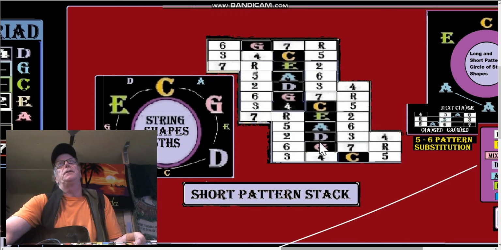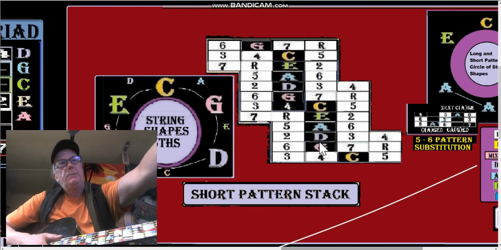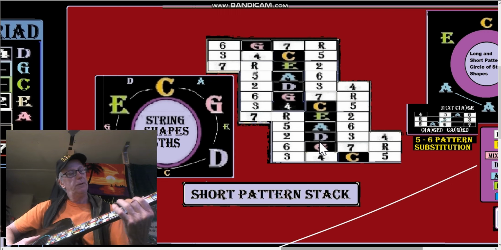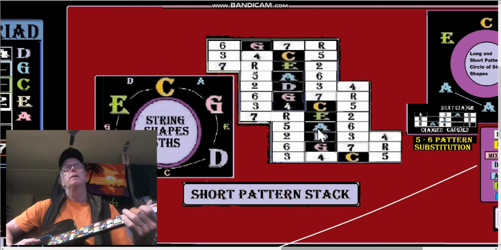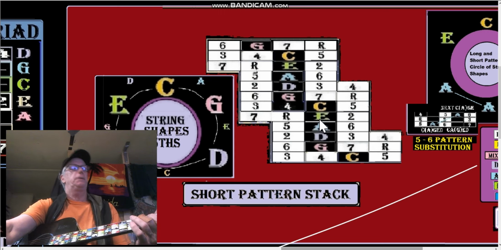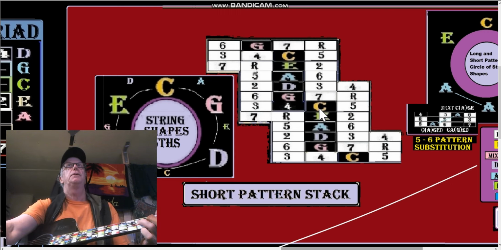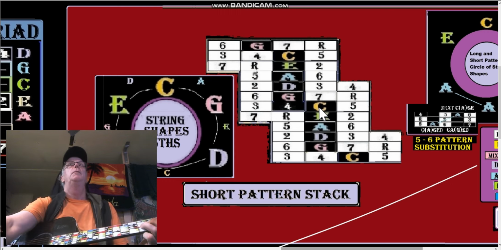So if we start on the D, I could play my D 1 octave down if that would be all right. So it'd be D would be 2, 3, 4, and then we go to the A shape 5, 6, and then we go to the E shape 7 root 2, and then we go to the C shape 3, 4, 5. Now, when we go to the G